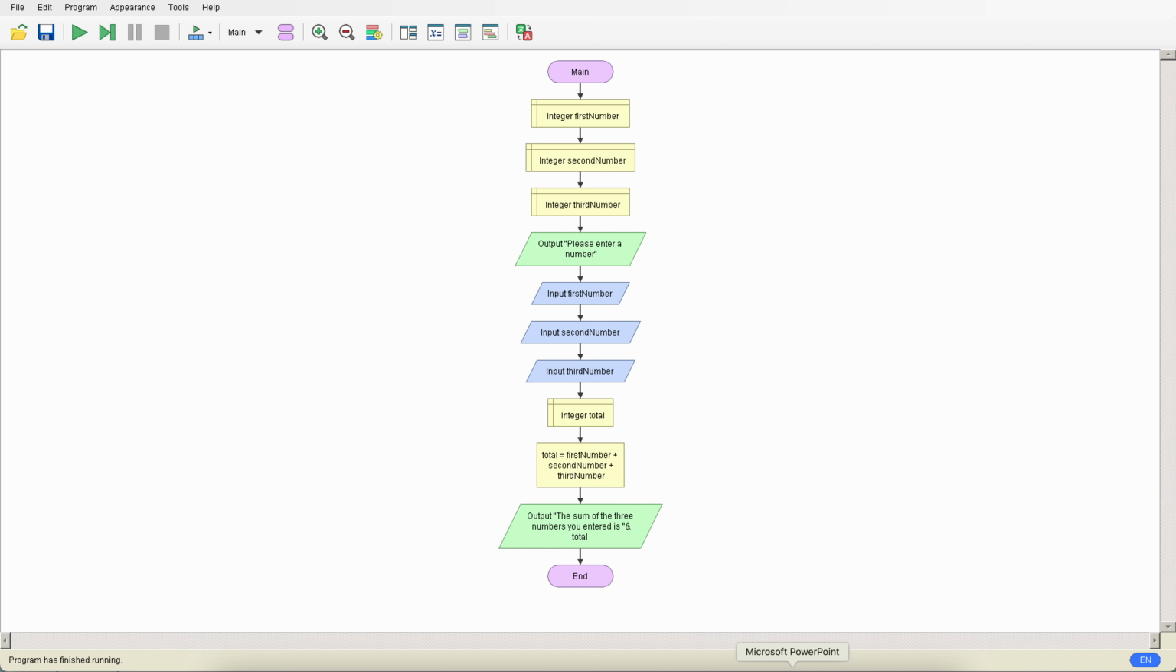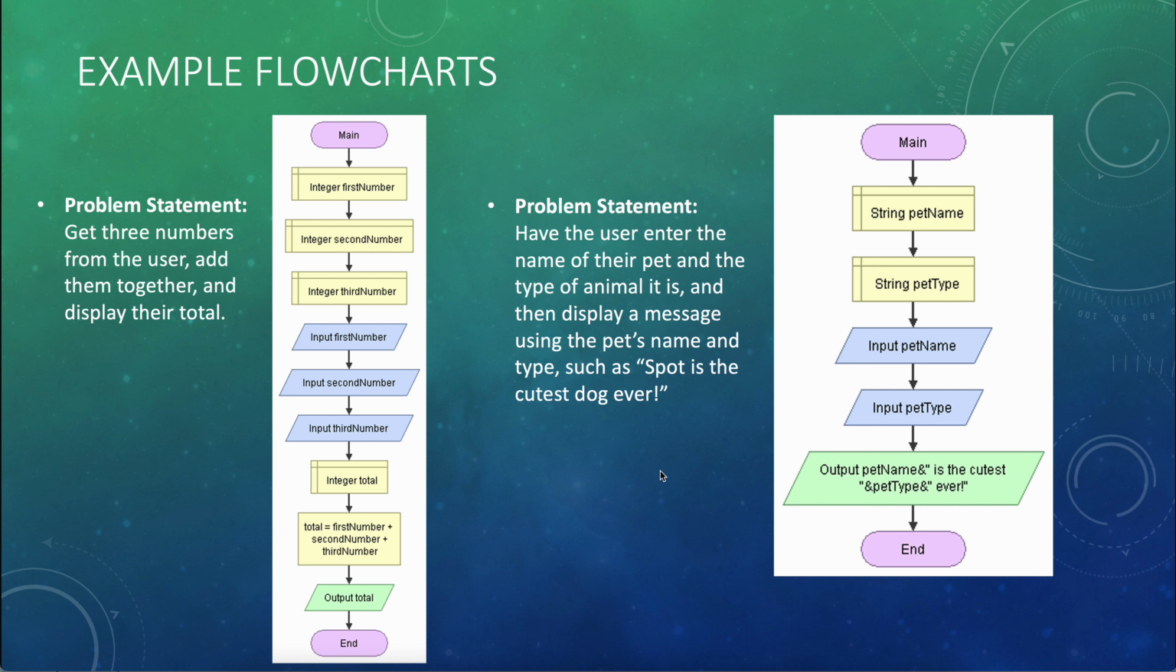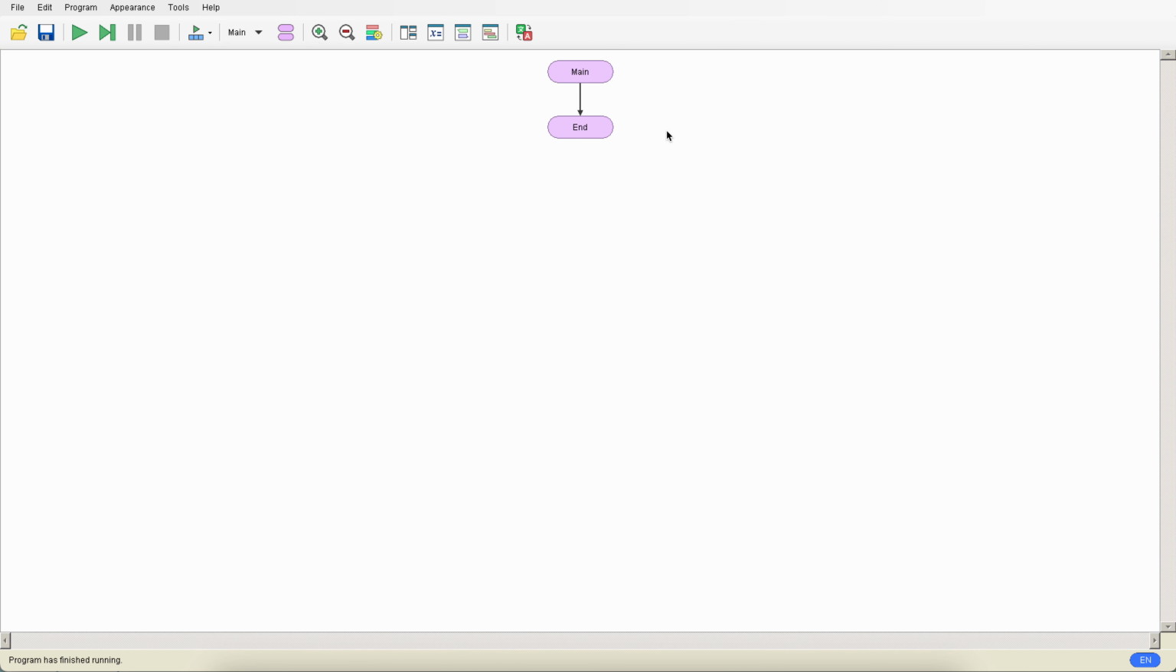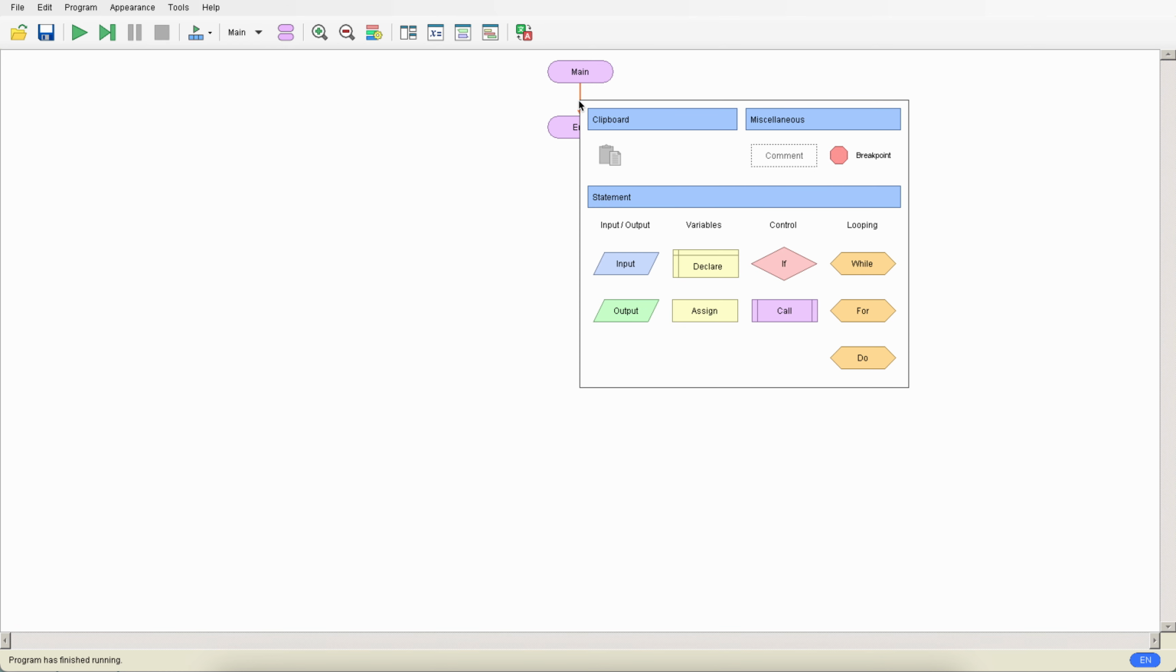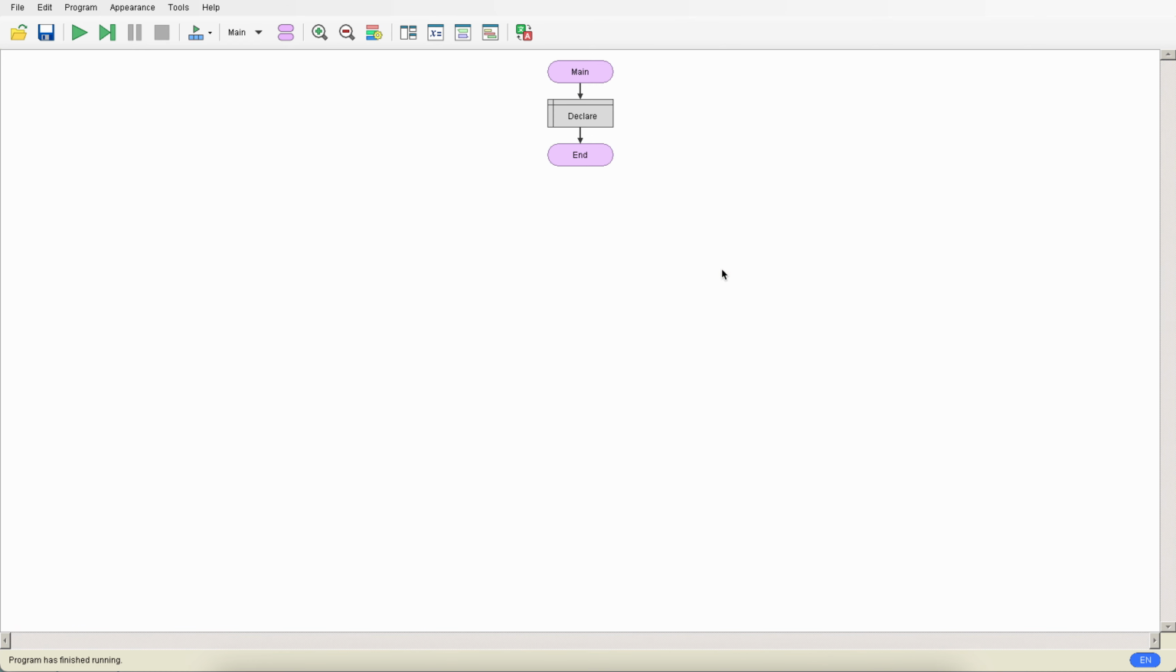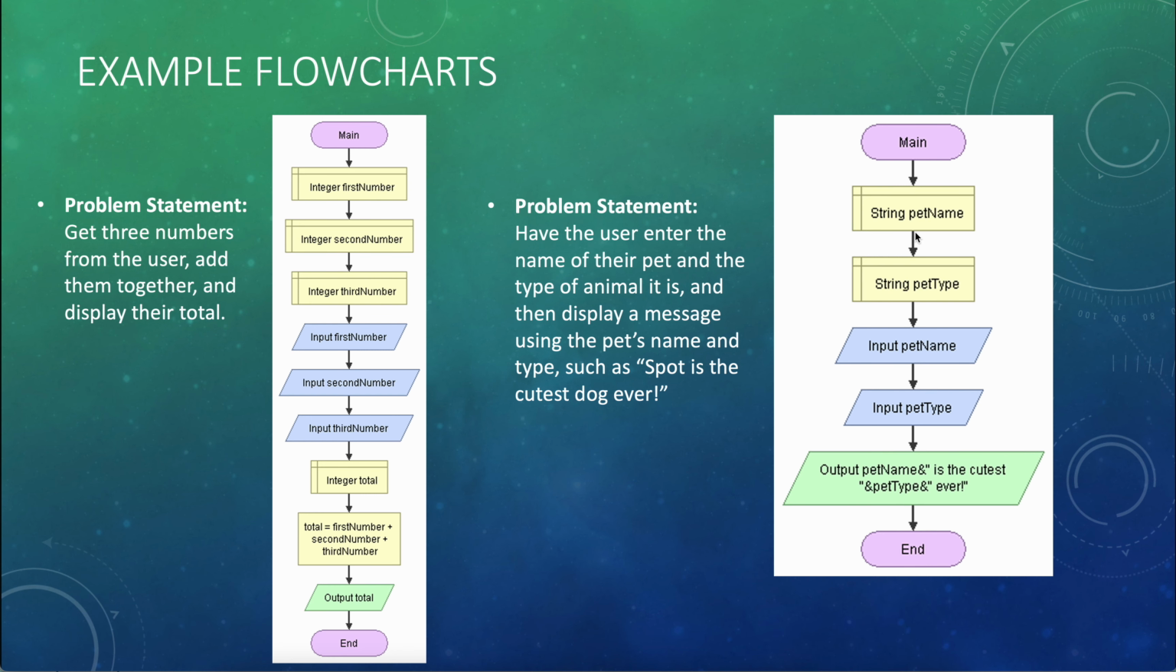Now, let's look at our other example briefly. So our other problem statement was have the user enter the name of their pet and the type of animal it is, and then display a message using the pet's name and type, such as Spot is the cutest dog ever. Now this is not going to be that different. We'll start out again declaring the variables that we need. So again, we determined that we need the pet name and the pet type. Those are the inputs that we're getting from the user,